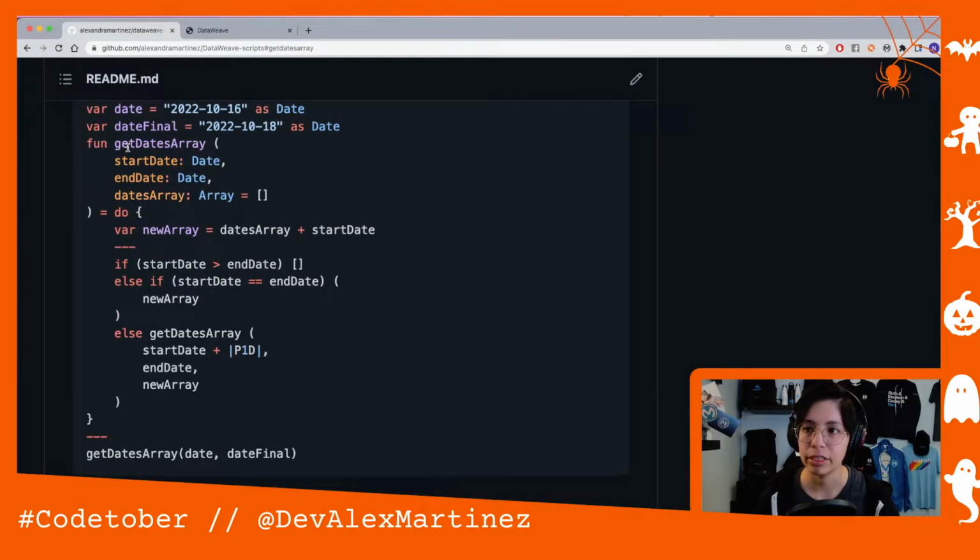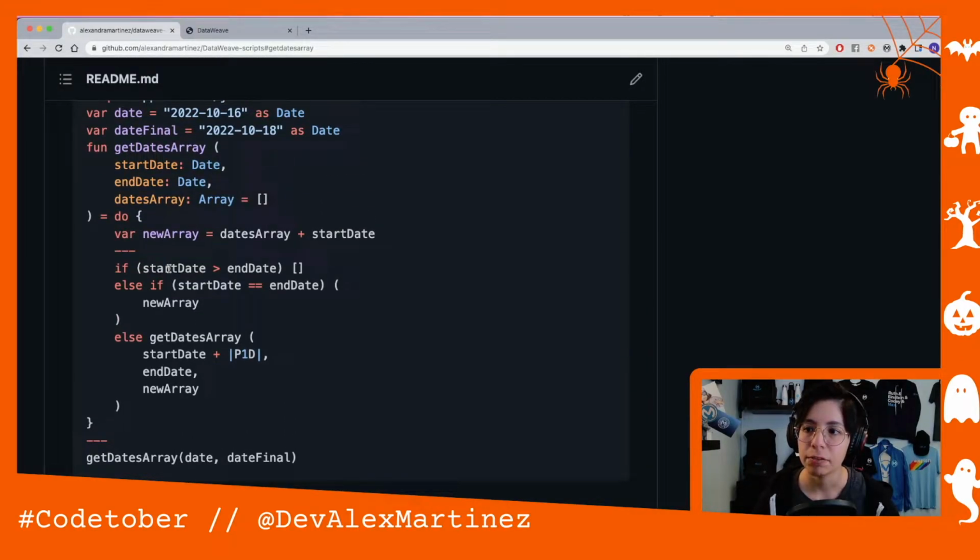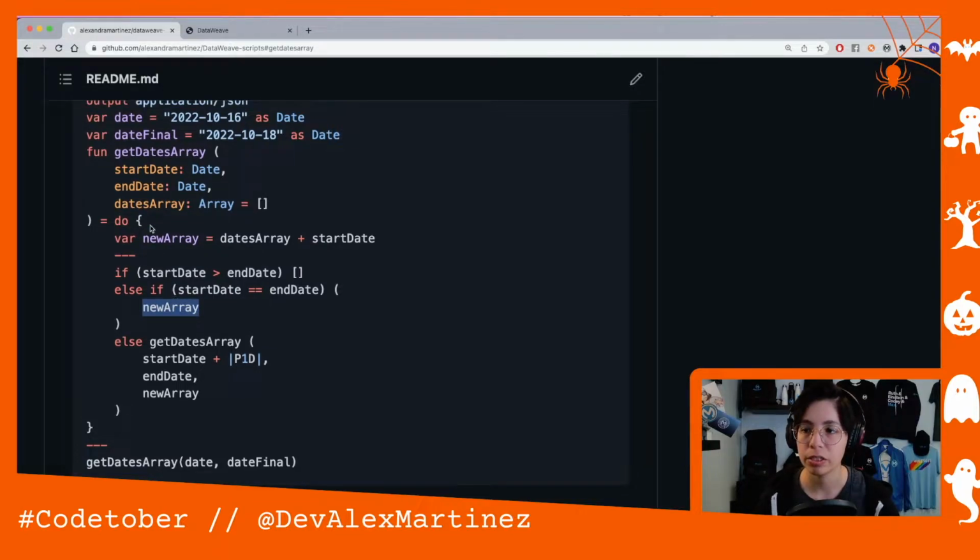So basically it just comes in a function. If start date is more than end date, then this is incorrect, so it just sends an empty array. Else if start date is equal to end date, it returns a new array, which is a result that we are creating here of dates array, which is the array plus start date. And if neither of those are met, then we go to the final, which is call the get dates array again, and then send the start date 1 day